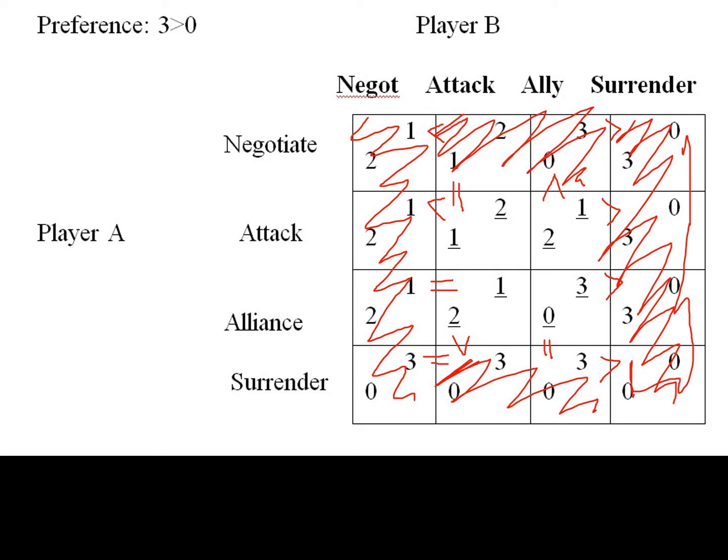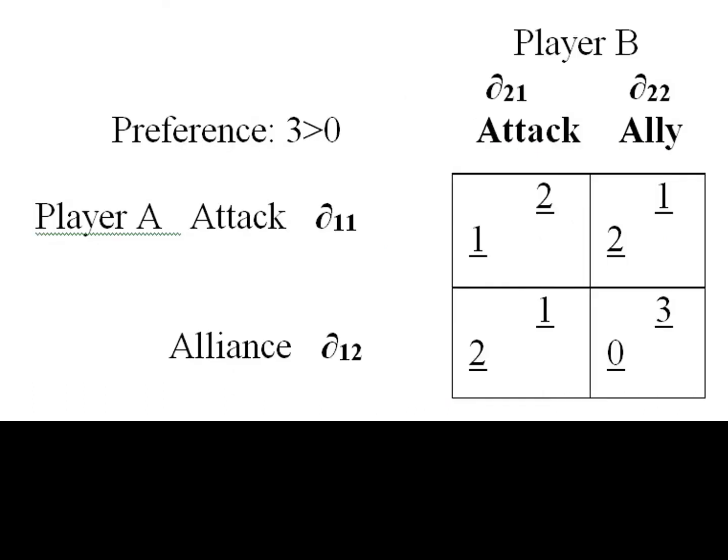So what we have left are the 4 central cells. So let's see if we can find some dominated strategies there. So for player B, we can see that 2 is better than 1, but 3 is better than 1. So we would have cycling here. There is no dominated strategy for player B. So for player A, we notice that 2 is better than 1, but 2 is better than 0. So we have the same problem. These 4 central cells have no dominated strategies. And so